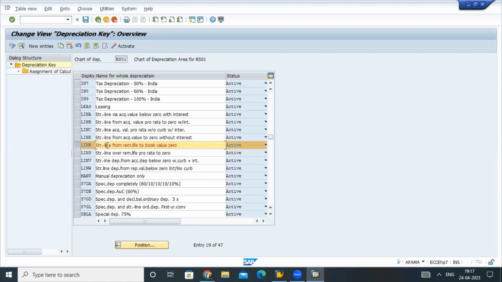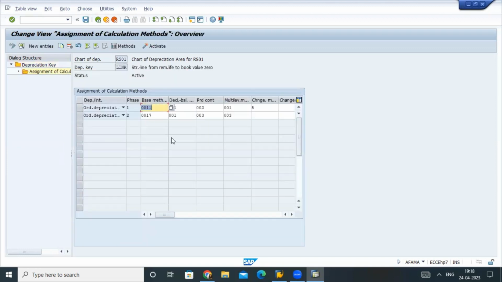So these are the depreciation keys. This LINR is one of the depreciation keys which says straight line method, remaining useful life, book value to 0. So when we select this method and select assignment of calculation,